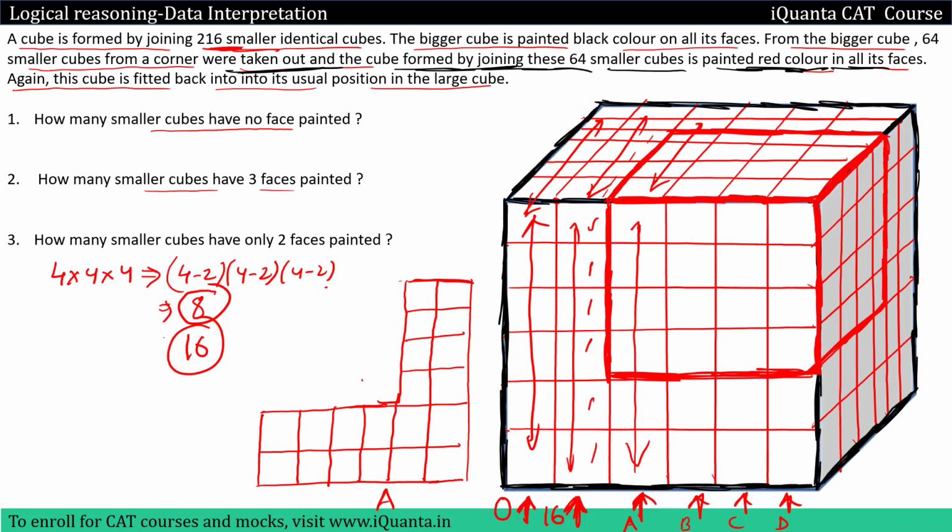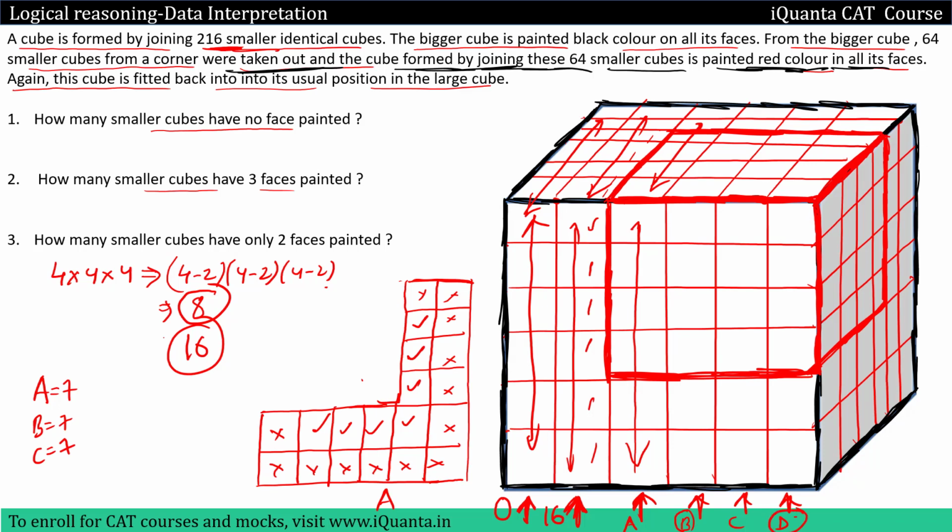So in this, how many cubes will have zero face painted? All those cubes that lie inside the first layer. The first layer cubes will be gone first, so we won't be counting all of these because they are first layer cubes. So we'll have 1 2 3 4 5 6 7 such cubes. So 7 such cubes in piece A. I'll write A equal to 7 over here. Similarly, piece B will also be identical to this, so we'll get 7 cubes having no face painted from that also. Then from face C also I'll get 7 cubes having no face painted.